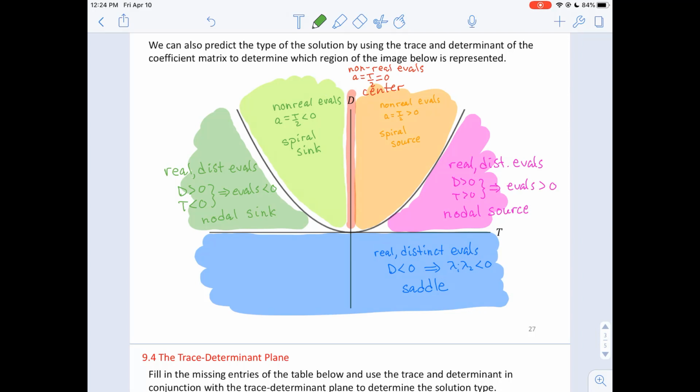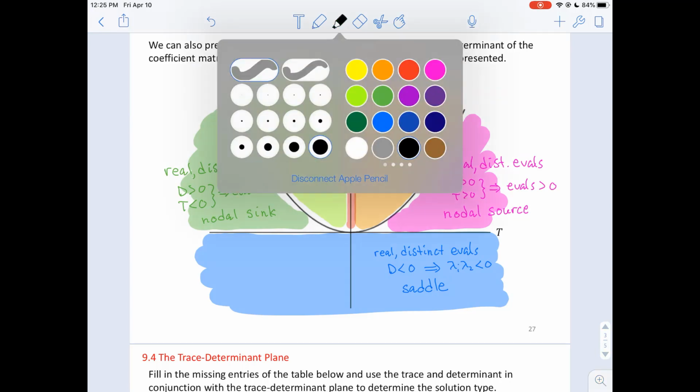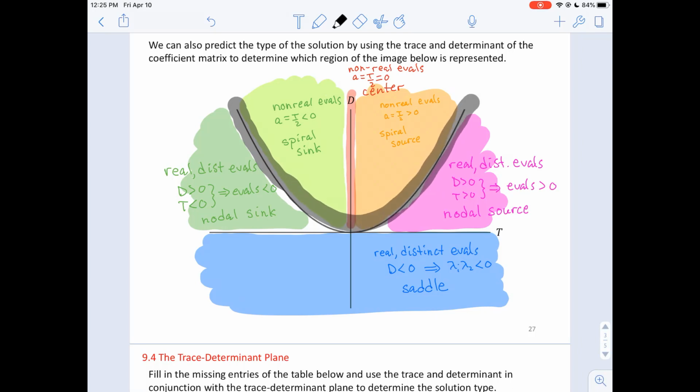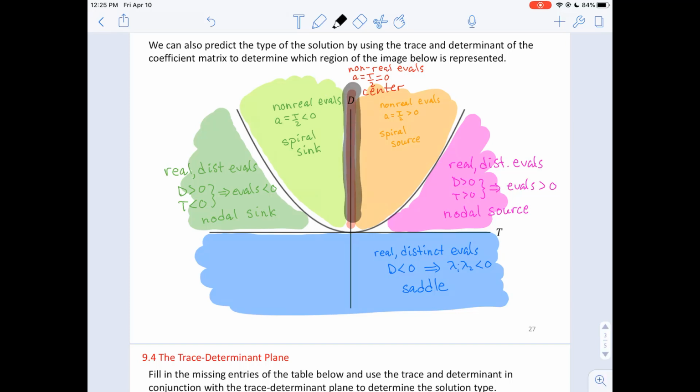And if the discriminant is 0, oh, we're not going to explore it when the discriminant is 0, but when, I meant to say determinant there, determinant 0. So we're not going to explore what happens along this axis, because that would suggest that the determinant is 0. And we're not going to explore what happens along the actual parabola, which is when the discriminant is 0. In other words, when there's one real eigenvalue repeated. But we do explore what happens in all the surrounding regions, and also what happens along this particular part of the vertical axis,